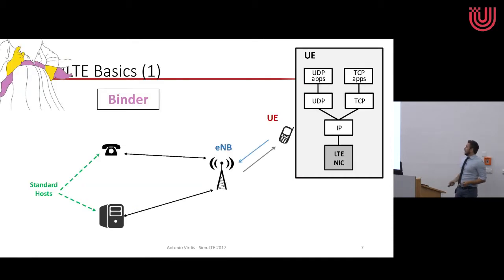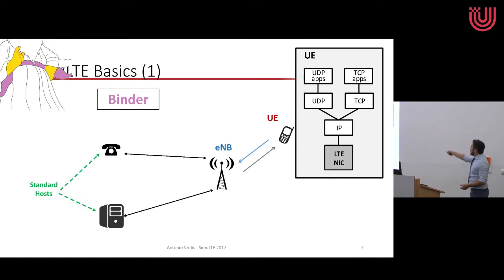Very simple overview of the network. We have the user equipments, which are the cell phones, and the classical base station, which is called eNodeB. Communication can happen in both directions. We also have the ability to add external modules which act as the other endpoints of the communication, which might be a VoIP application or even a more complex application server and stuff like that, which might be derived, for example, from the standard host from INET.